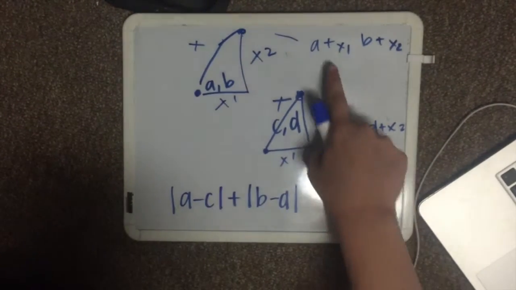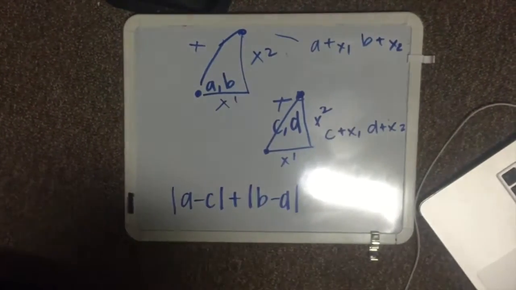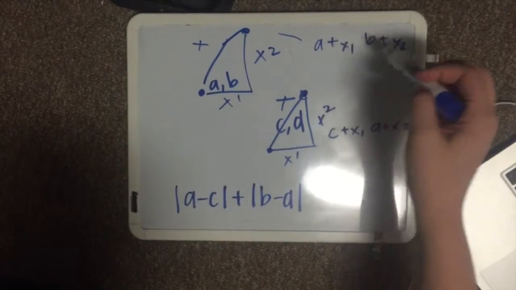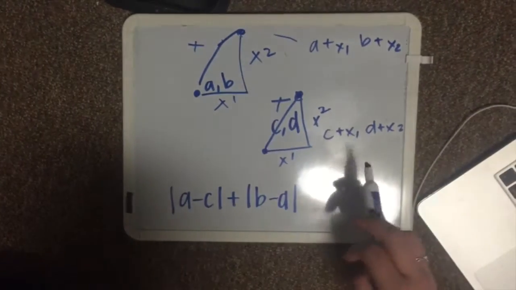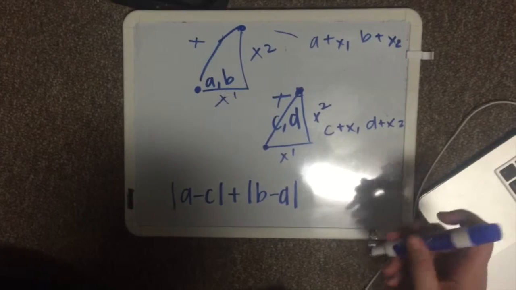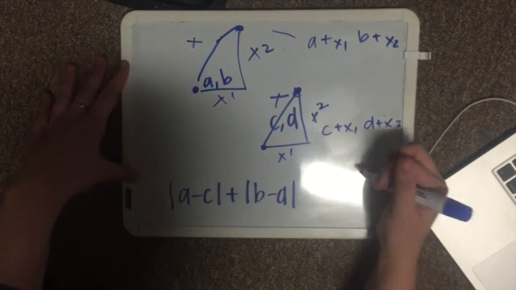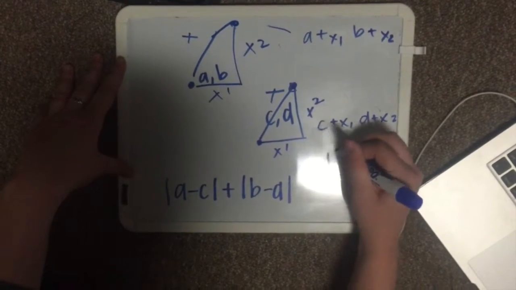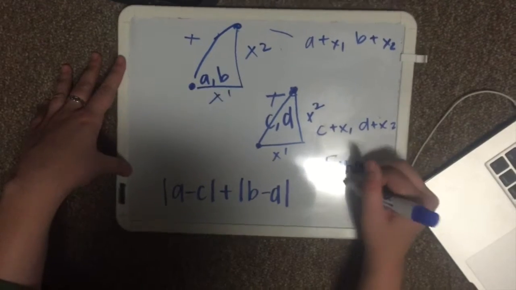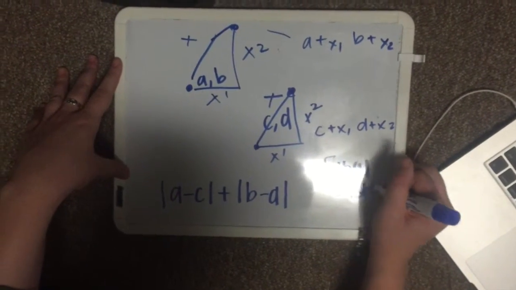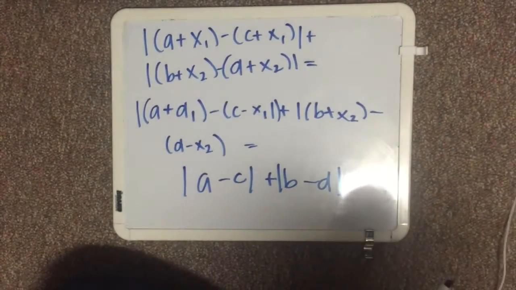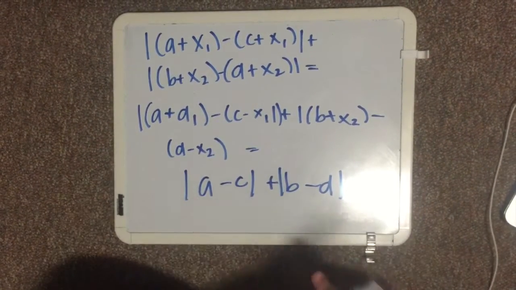So now we're going to want to do the same thing for our new equations as well. So A plus x1, B plus x2, C plus x1, D plus x2. So therefore, by doing all that, we're trying to find the final distance. When we're applying that to the equation that we already talked about, we're going to try to simplify it